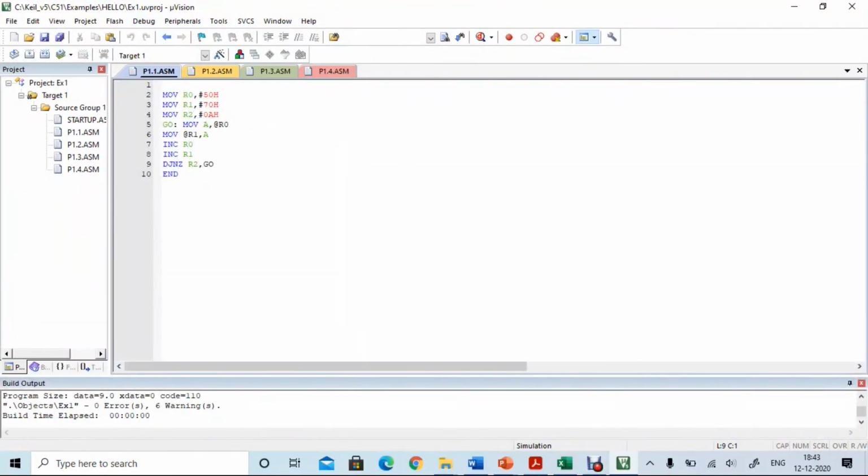So this is how the programs are to be executed. So first we have to create the project folder and then click on new or create new document and type the program, save the program in .asm extension and add that program to the project folder and build the target and go to debug session, start the debug session, give the input in the memory location specified and check the output in the memory location specified and then stop the debug session.